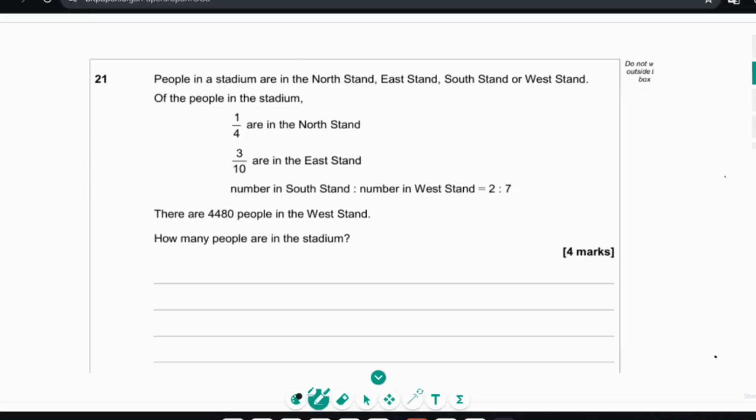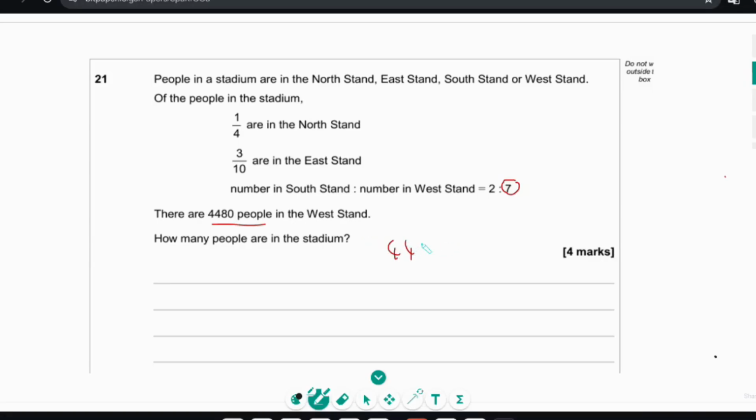Question 21. People in a stadium are in the north stand, east stand, south stand, or west stand. Of the people in the stadium, a quarter are in the north stand, 3/10 in the east stand. The ratio of the number in the south stand to the number in the west stand is 2 to 7. There are 4,480 people in the West Stand. How many people are in the stadium? Right, so